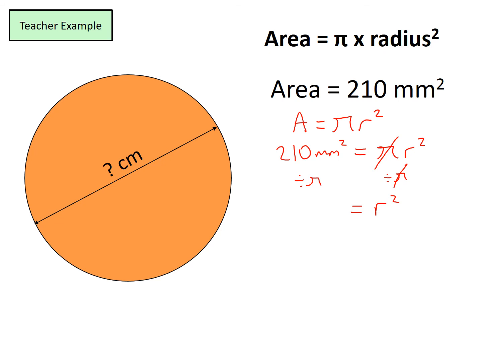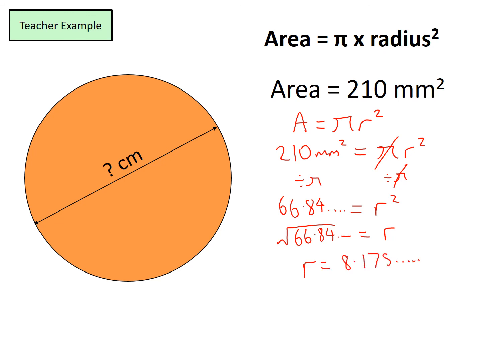210 divided by pi is 66.84 and so on. We don't want to round it up just yet because the radius at the moment is squared. We're trying to find the radius on its own, so we need to square root both sides. So remember, square root this answer, and on this side we're just left with the radius. When you square root this answer, you will get a radius of